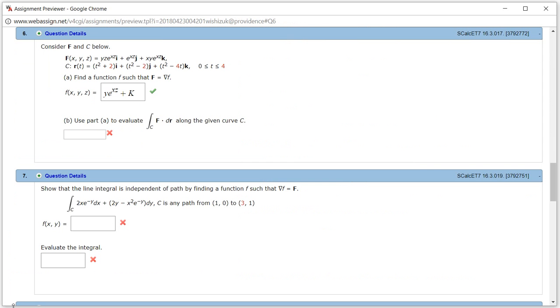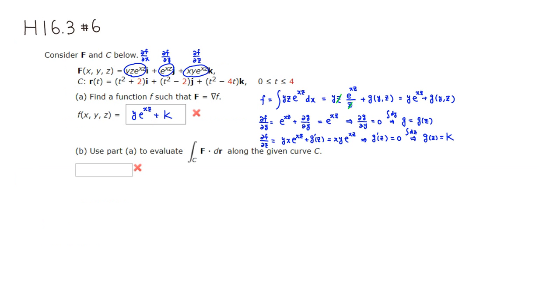Submit for testing. I came back and it looks like we got part A correctly. Now let's look at part B. Part B says to use part A to evaluate this integral here. This integral can be rewritten as the integral over the curve C, where the vector field is the same as the gradient of the potential, dotted with dr. Then using the fundamental theorem, this is going to be f of the ending point